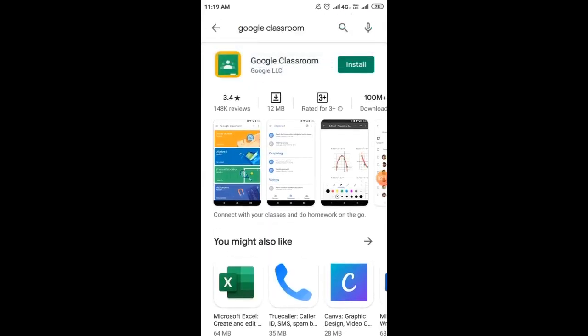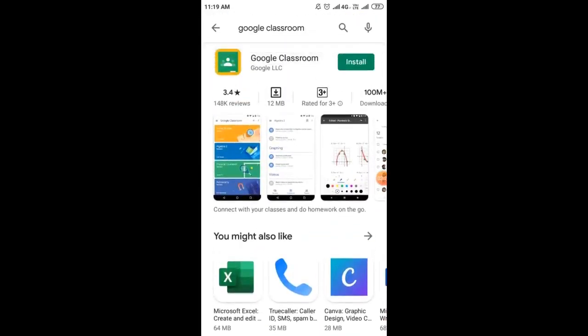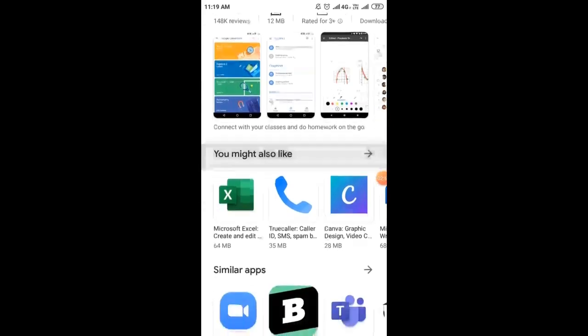This app has been developed by Google LLC, which you can check at the top. Reviews have been given to this software. File size is 12 MB and a rating has also been provided, and the download section is showing that more than 100 million times this app has been downloaded. So it is a very popular app,